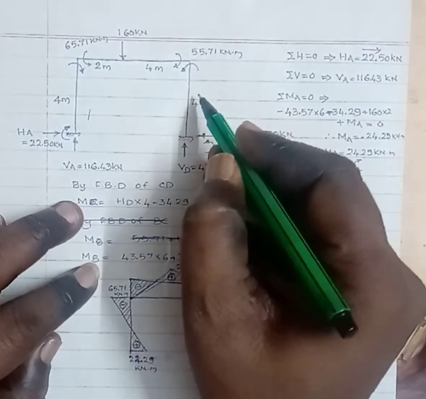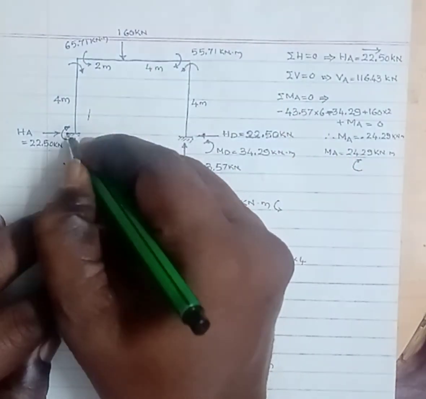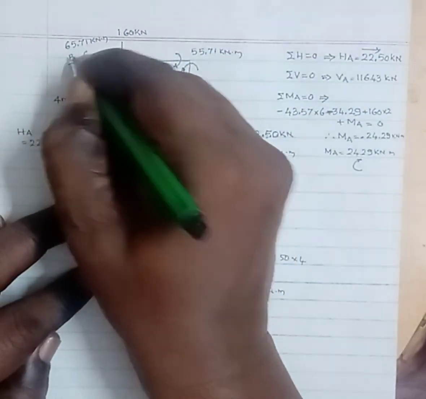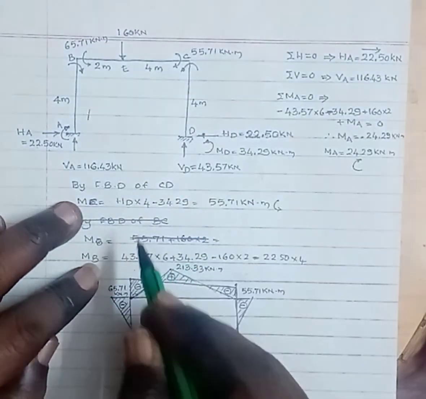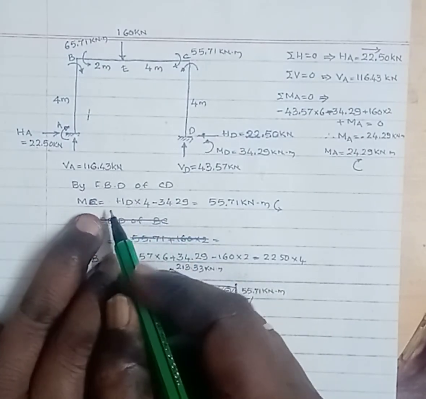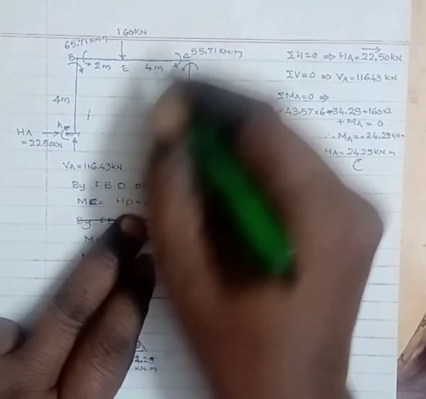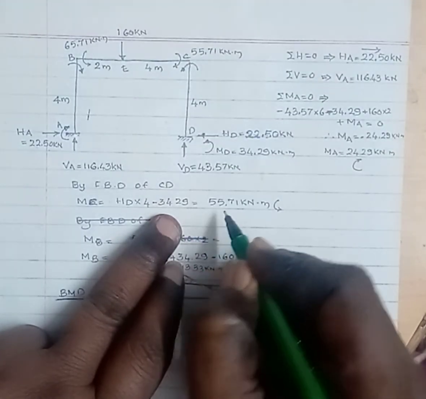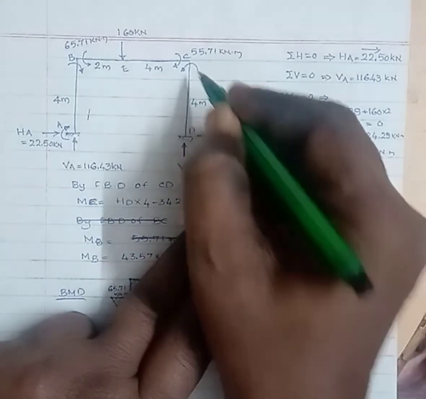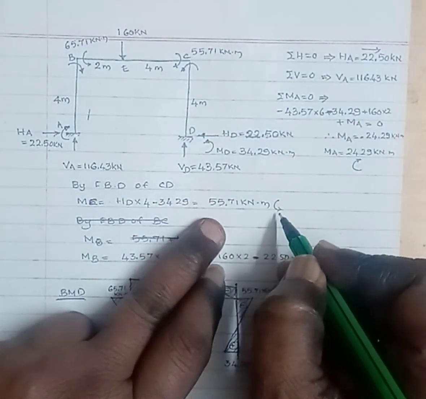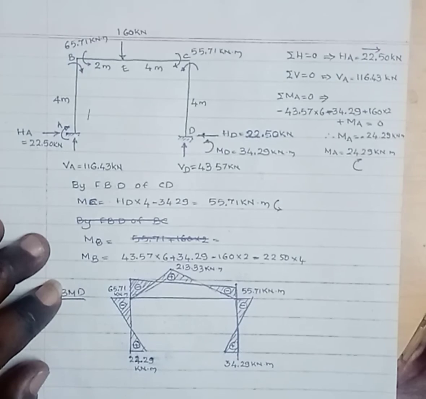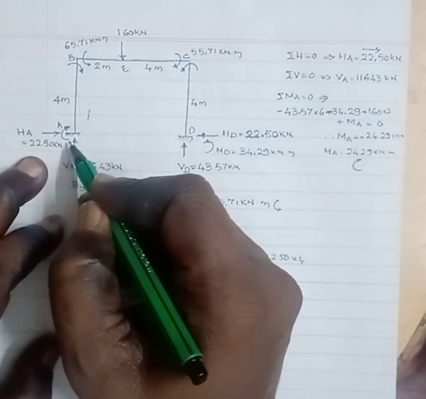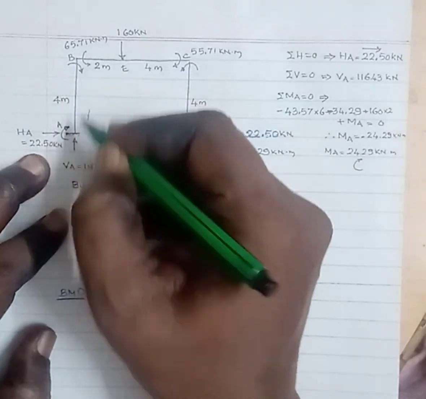Here by taking the moments of all the forces about this point, this is A, this is B, this is C, this one is D, this is E. By the free body diagram of CD, MC equals HD into 4, that is clockwise, minus 34.29, that is anti-clockwise. Then MC equals the resisting moment, that is 55.71 kilonewton meter. That one is the hogging moment, like this. Here for span CB, that is also hogging. Here for the free body diagram of A to